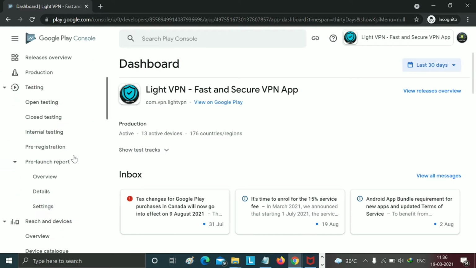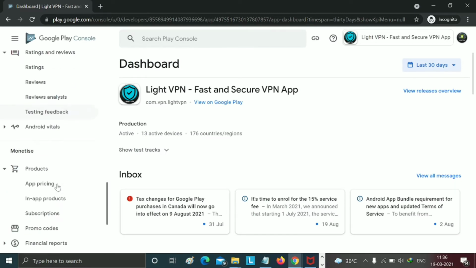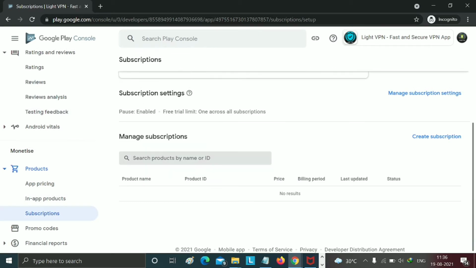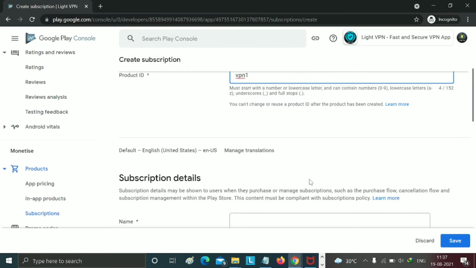Again click on this application, go through the same process, go to the monetization option, subscription plan. Now you can get the subscription plan option, create subscription. You can see this option. Okay, after doing it, click on create subscription. Product ID: you need to add your unique product ID, and add it carefully so you don't get confused.